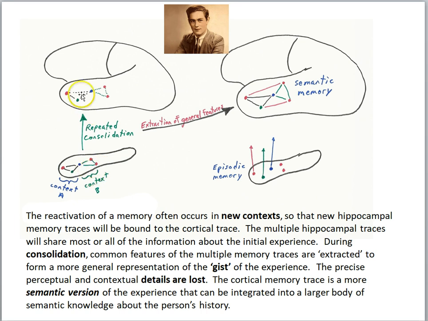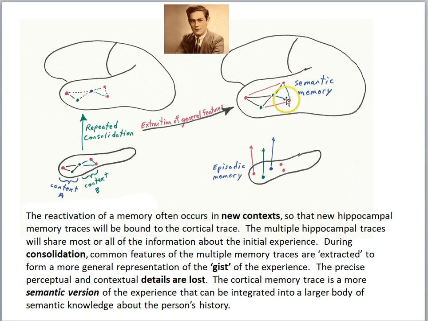I'm probably retrieving it in my living room. And so the idea is when you reactivate the episodic memory in a different context, there will be different hippocampal representations involved because it's a different context. Nevertheless, you're reactivating the cortical representation for the episode. And so maybe what the brain is doing is it's extracting the common elements of each reactivation of the memory. And that becomes a more generalized version of the memory, a more semanticized memory, a more schematic memory of the